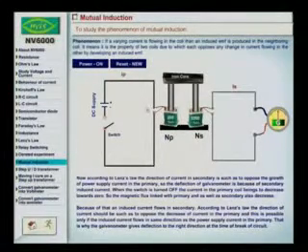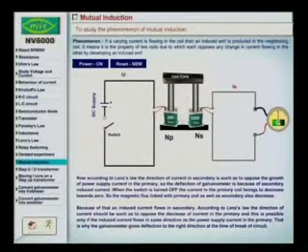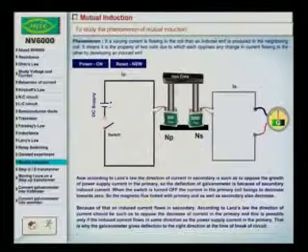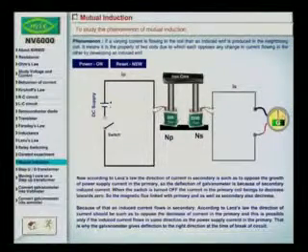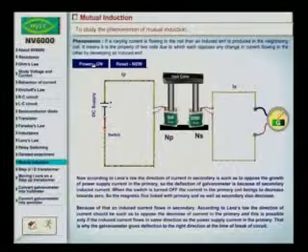Here we are connecting two different coils. One has 200 turns and the other has 3200 turns. With this coil we are connecting a galvanometer. What will happen if we only give the supply to this coil? A mutual inductance will be created. By this mutual inductance the other coil will get charged, and the galvanometer will show a deflection. By the deflection of the galvanometer we can understand that an EMF is induced in the secondary coil. Let us see the demonstration.